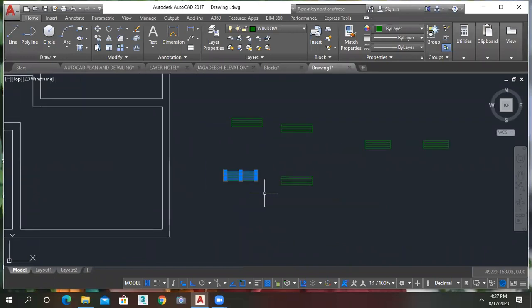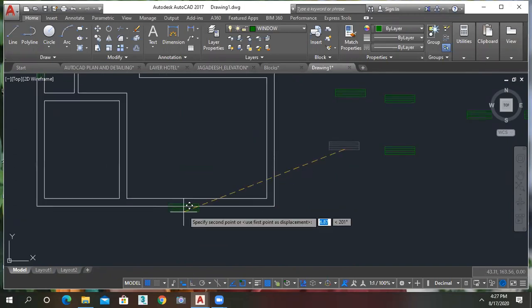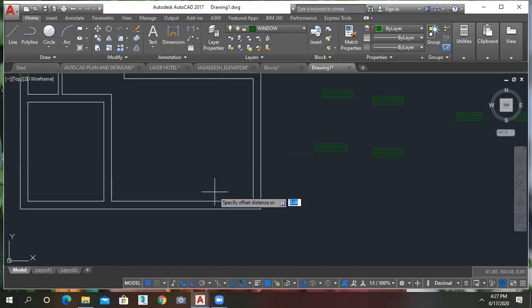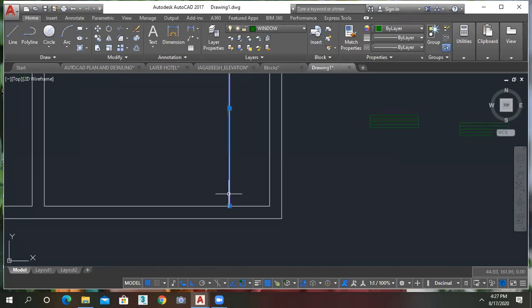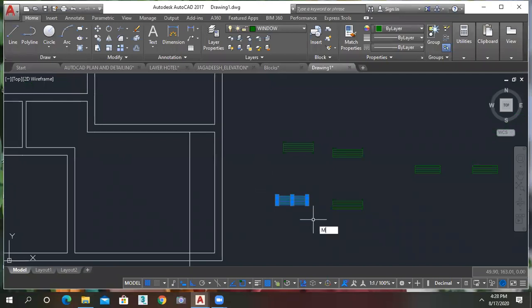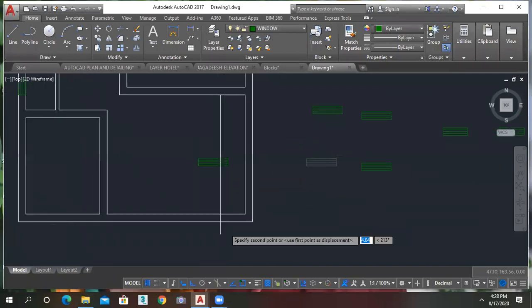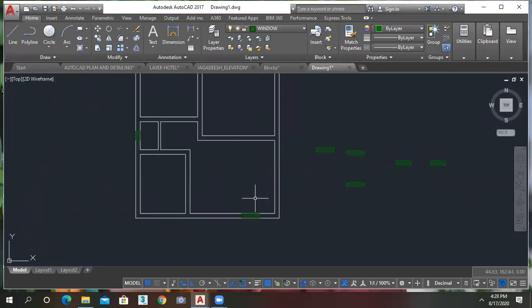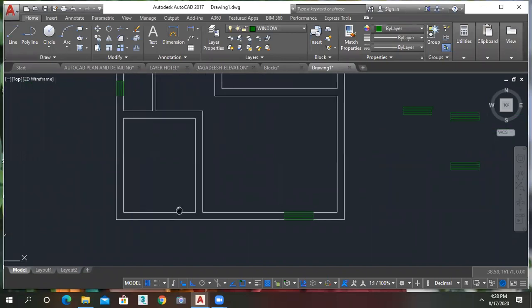This is my main window, that is W. Just make it off the F8. Okay, place. If you want to place it in an exact position, then you have to offset this. Okay, go to the offset. For example, I just want to keep it 1 meter from this side. You just extend it like this and keep it there. Move and pick this point and just place it here like this. Okay, this will take some time to keep in exact position.